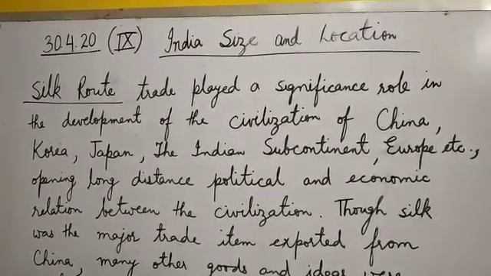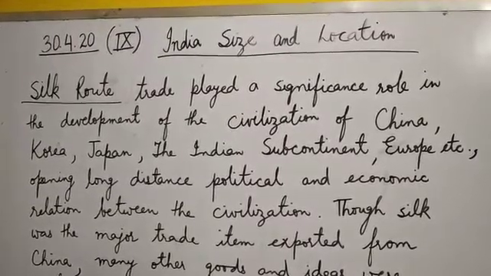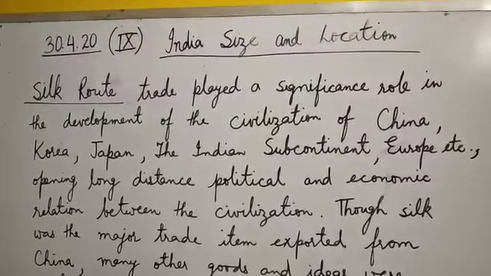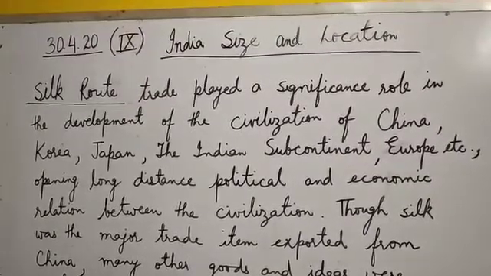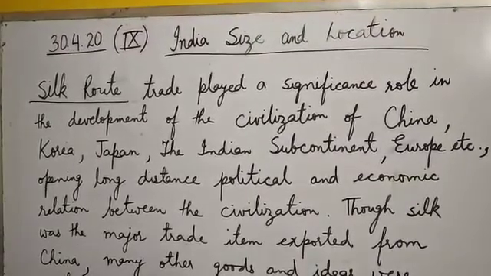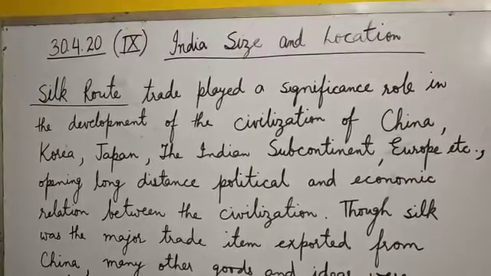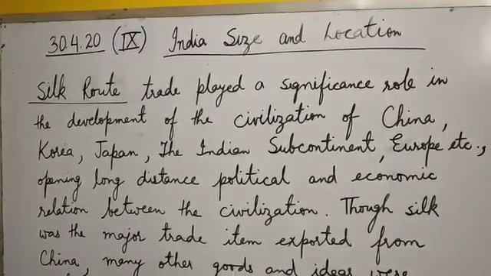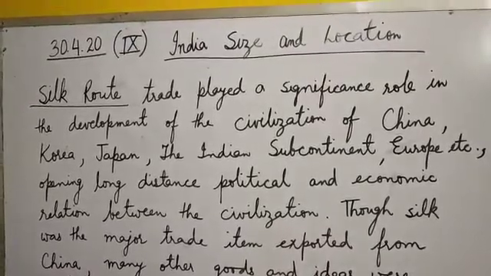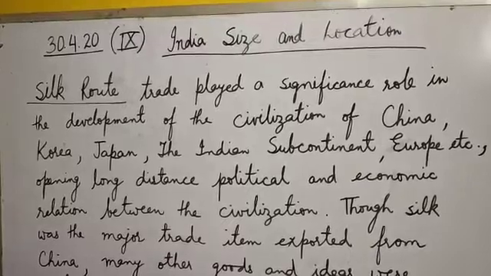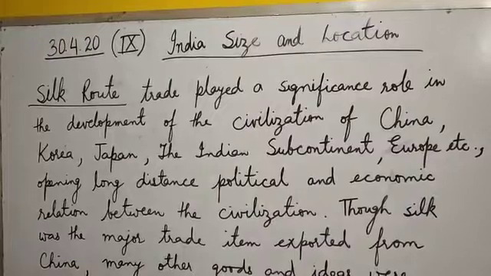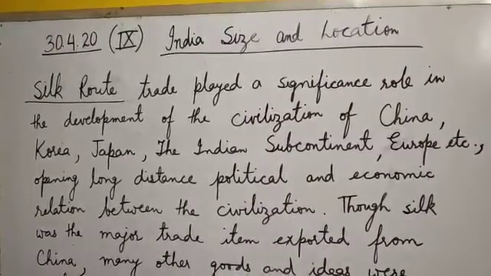So this Silk Route was a network of trade routes which connected the east and the west, countries of east and the countries of west, and was central to the economic, cultural, political and religious interactions between these regions from the 2nd century BC to the 18th century. This route primarily refers to land routes connecting East Asia and Southeast Asia with South Asia, Persia, Iran, Arabian Peninsula, East Africa and Southern Europe.